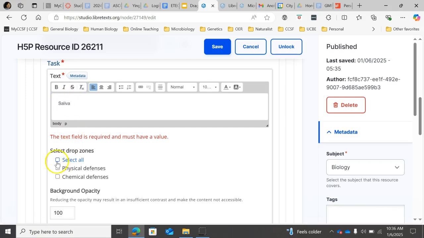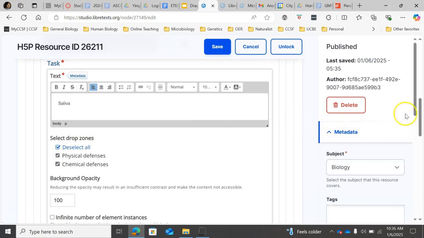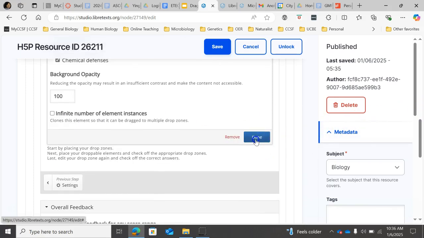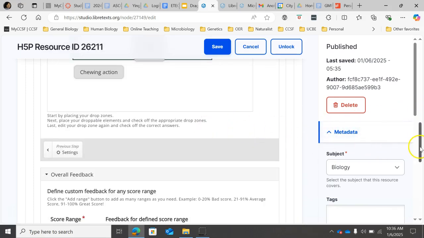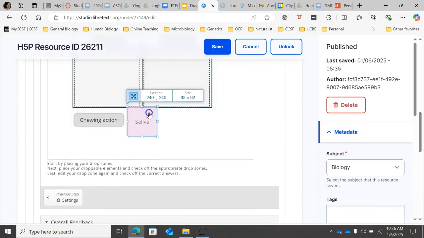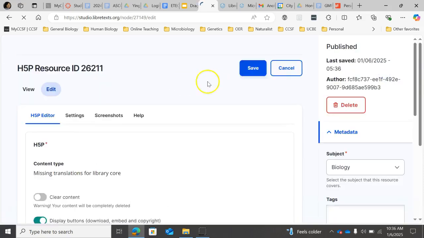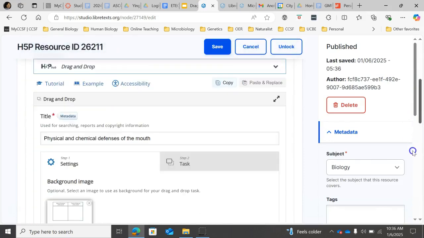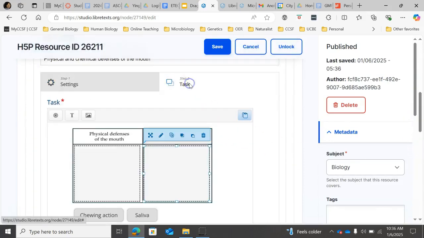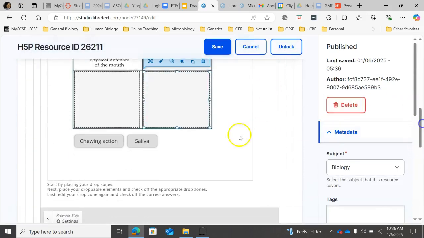once again, you actually want to select all the drop zones and click down and kind of arrange where it's located and save. And go back to task. Similar to the drop zone, you can also copy this one